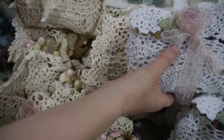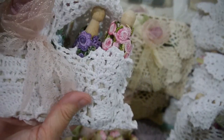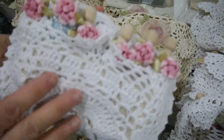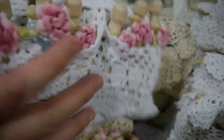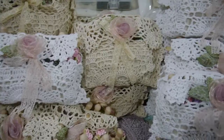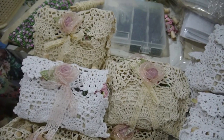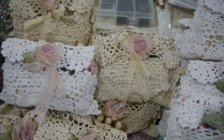Okay, and this is the white one. Actually all the same, the item is same, but just the doily bag is white color. So yeah, this is two different color for this August, and I will pack everything and ship the